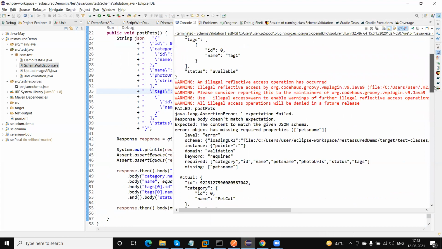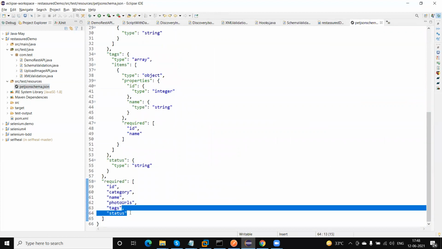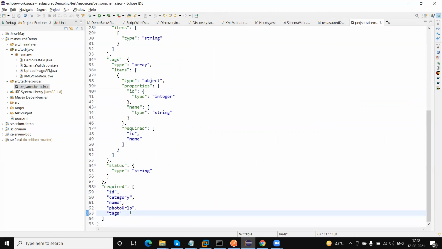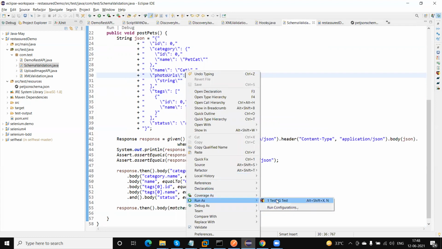If you scroll above, you will get the error: validation for the keyword required. These are the required fields we are expecting, but this one is missing. Why is it missing? Because it is not coming in the response, and we have added it in our schema file. So if anything we have mentioned in the schema is a mismatch, then the test will not pass. If I remove the mandatory field status from the required fields, then it is now optional. If we are not getting it, the test will not fail, and if we are getting it, the test will also work.